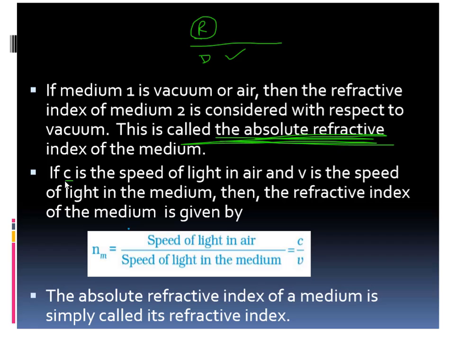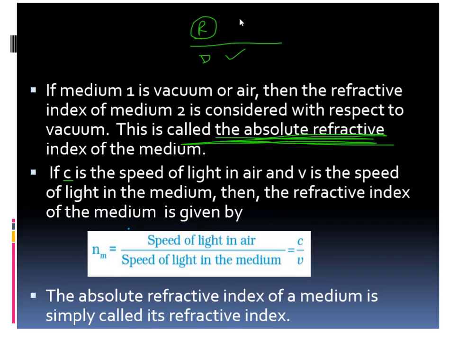Now if c is the speed of light, what is the speed of light? We know the speed of light is 3 into 10 to the power 8 meter per second. That is 3 lakh kilometer per second. So if c is the speed of light in air and v is the speed of light in the medium, then the refractive index of the medium is given by the speed of light in air